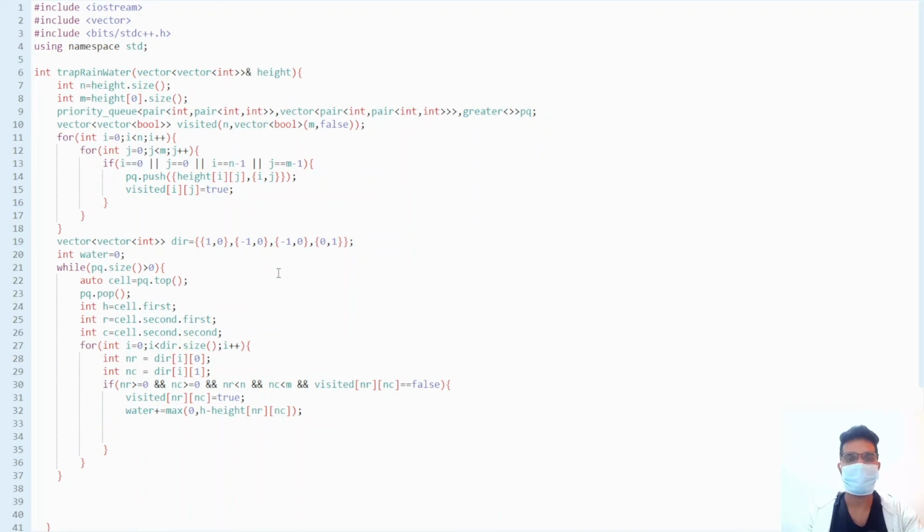Now what will we do? Now we have to increase our boundary, right? So for that I have to push it in my priority queue. pq dot push, what we are required to push is max of my height and height of my neighbor row and neighbor column, whichever is greater. Okay, what else? Simply the row and column, neighbor row and neighbor column. Okay,